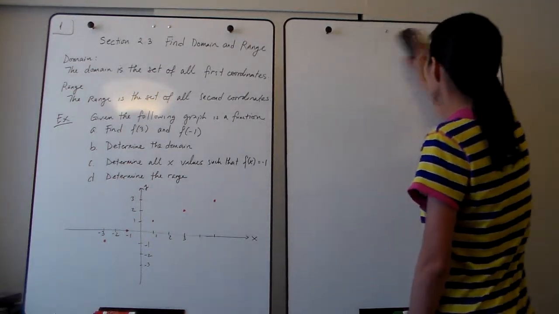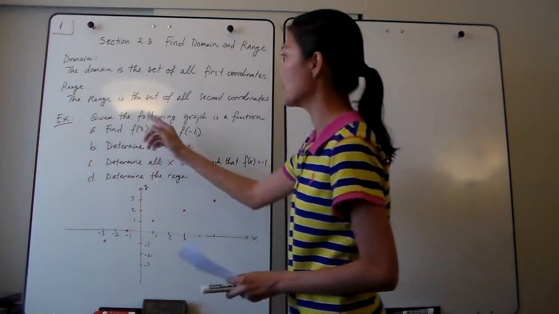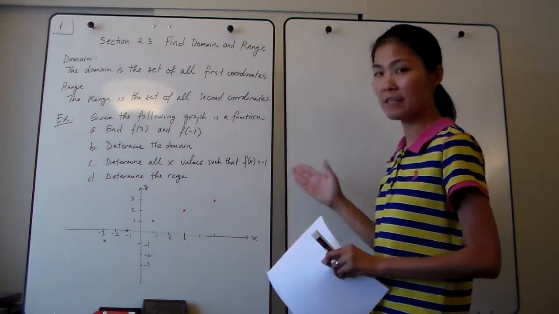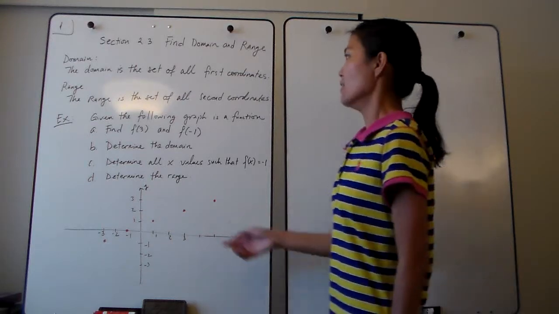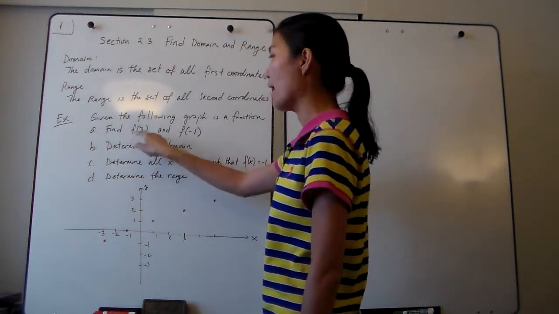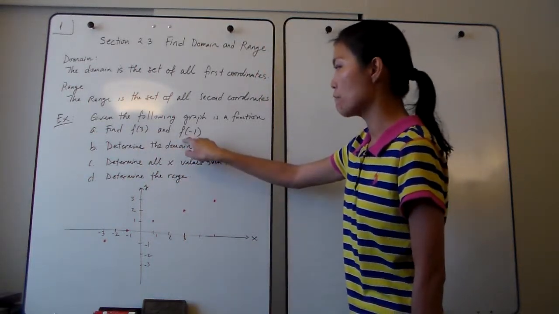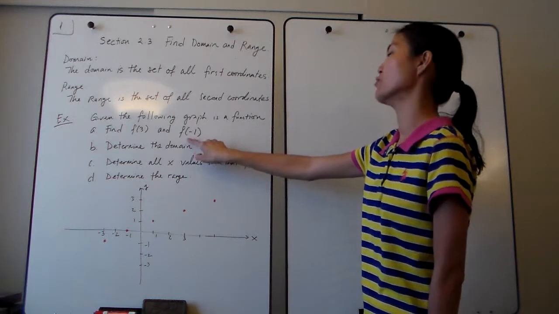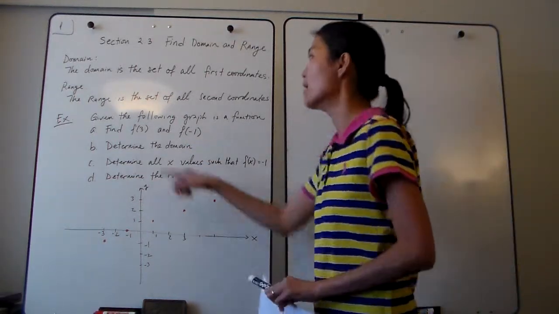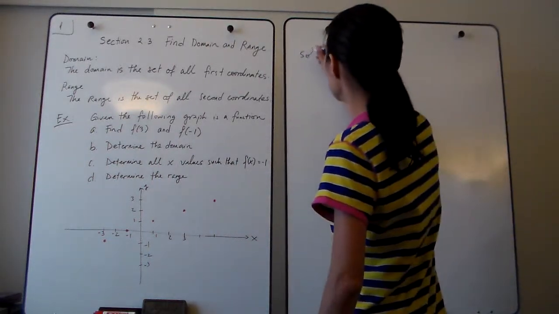Let's start with the example. On page 1, I have the example. Given the following graph is a function. So we know this is a function, no surprise. Find f of 3, meaning find f at the value x equal to 3, and find f at the value x equal to -1. We can call it f of -1, f of 3. Okay? So solution,